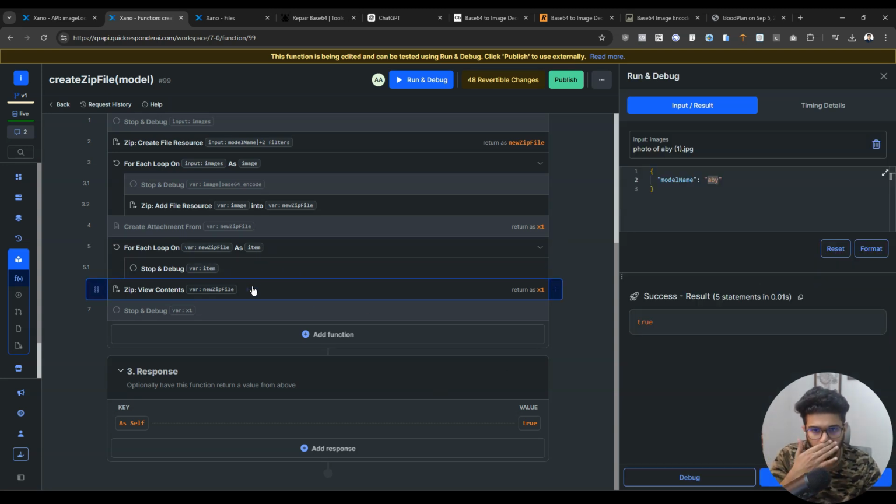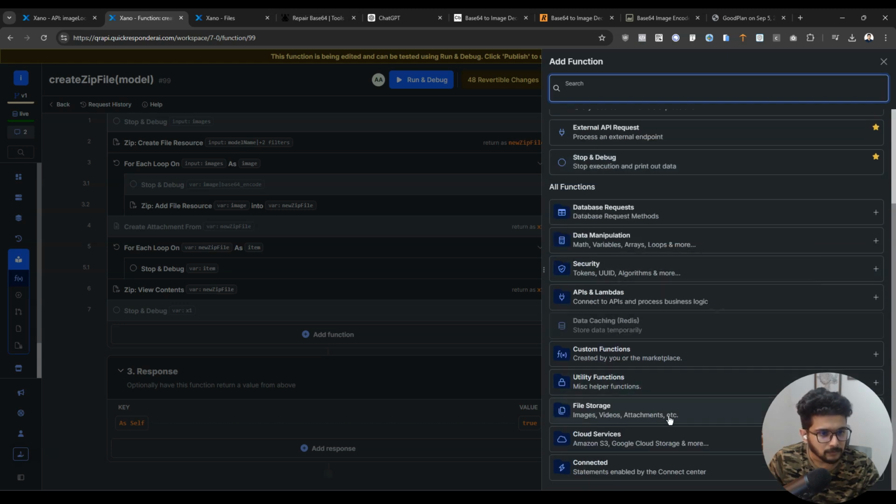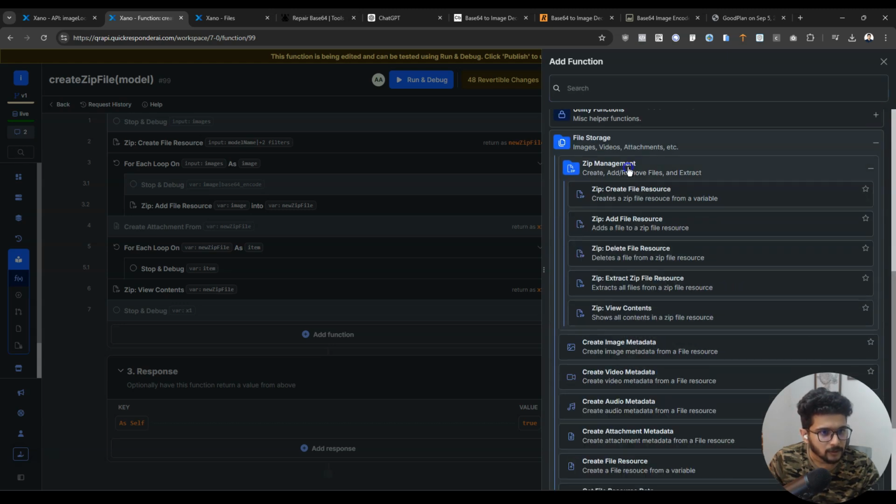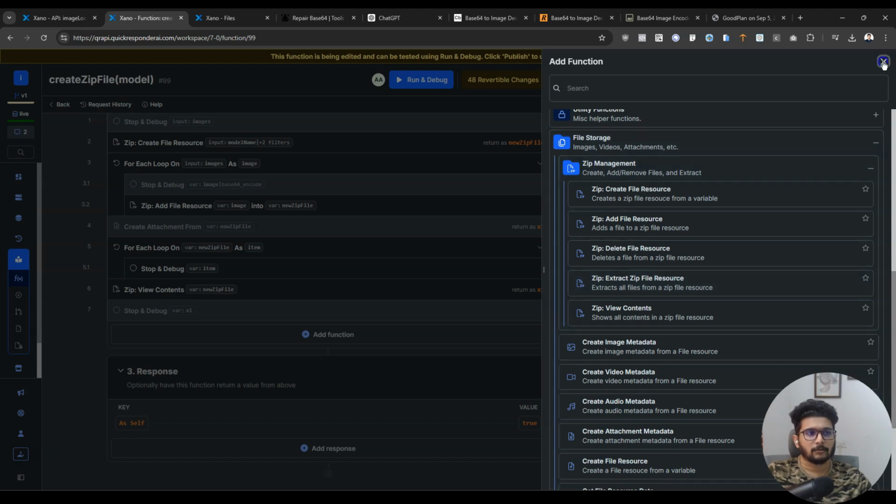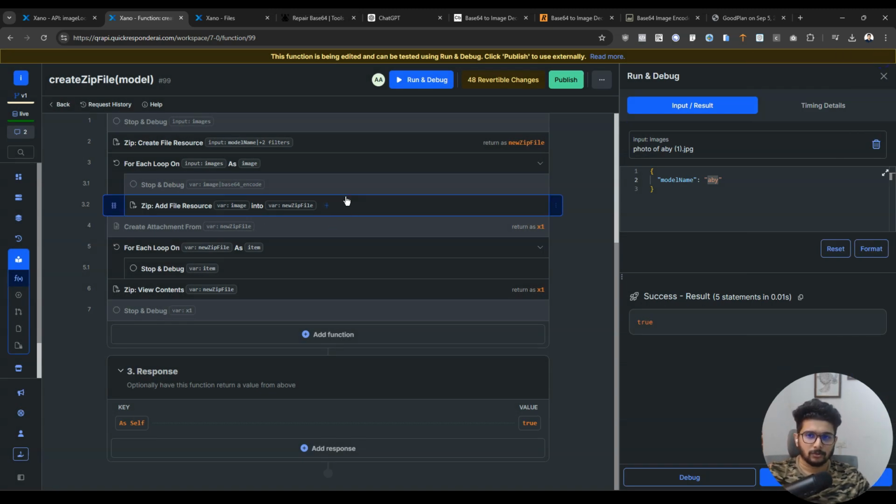Okay, so this is not working for each of the files. Let me see if there is any other zip file actions. File storage, zip management, delete, extract, view contents. Yeah, we don't have the ability to create a zip file of those. Okay, so what we will do is